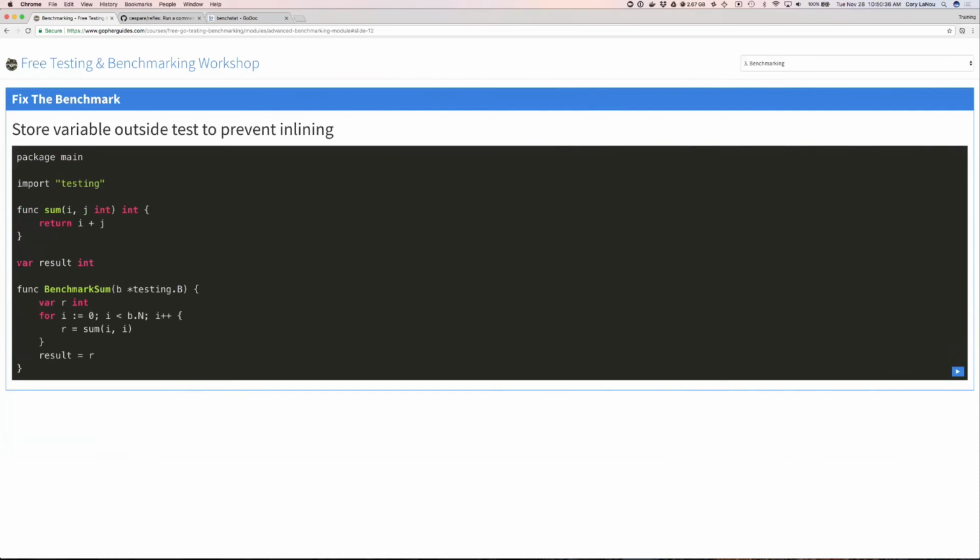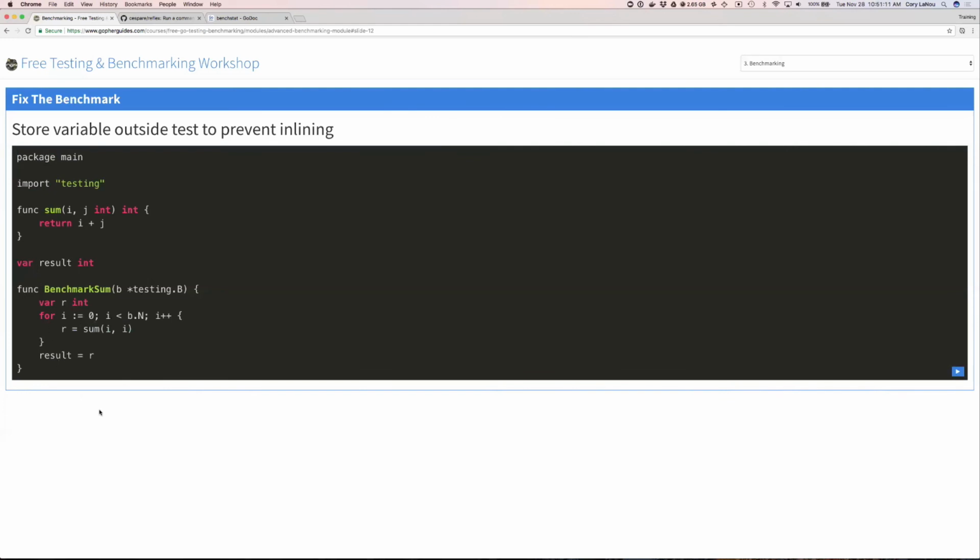And we trick it by creating this global variable up here, which is going to force it to escape at this point in memory. So now we have this var r int, and we can say r equals sum(i, i), and then we can set the result of r at this point to this global variable. This is going to force it to keep track of this variable the entire time and set the result back out, which will make it so that we can no longer optimize this piece of code. It's kind of a funky little thing, and it looks kind of odd at the beginning, but it is really important that you do this for these smaller benchmarks to make sure they don't